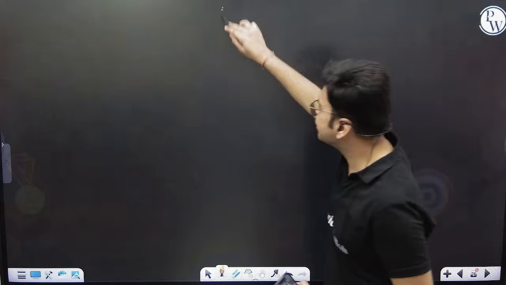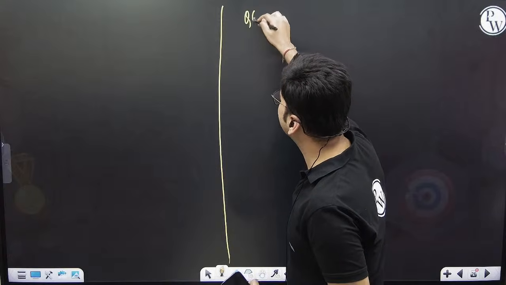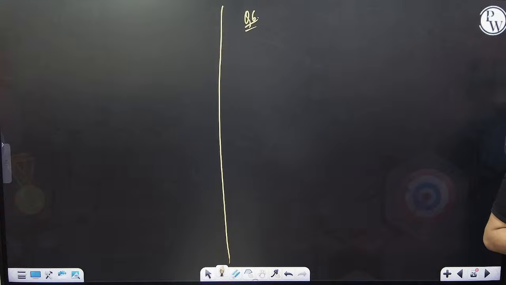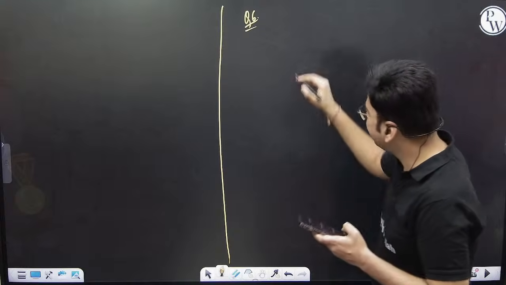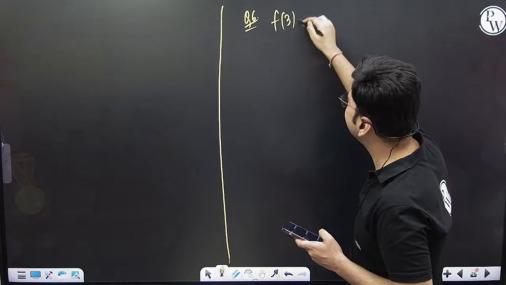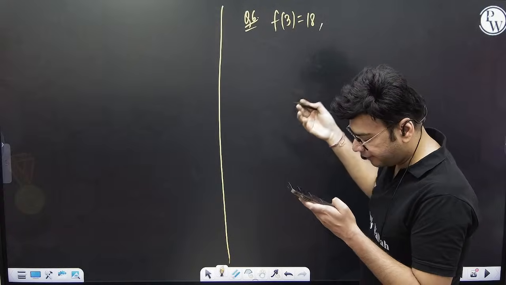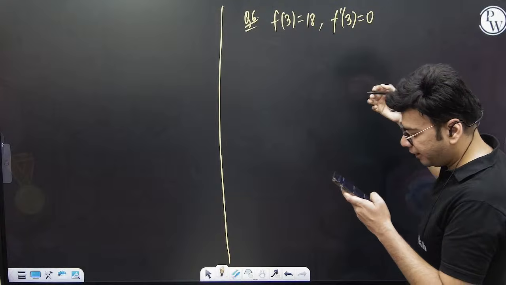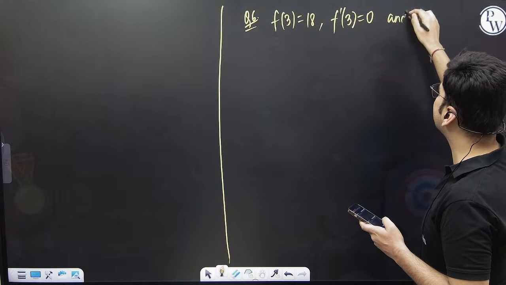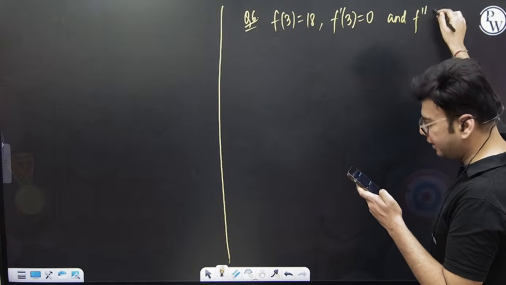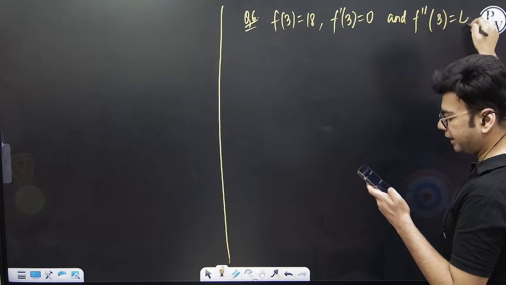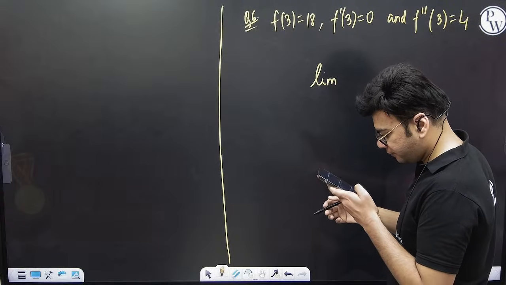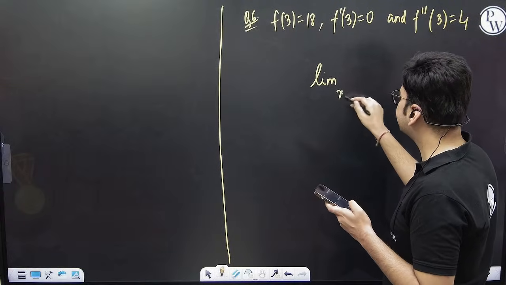And we have the last question, question number 6. f of 3 is given as 18. f dash 3 is given as 0. And f double dash 3 is given as 4. And I am expected to calculate the value of limit x tends to 1,